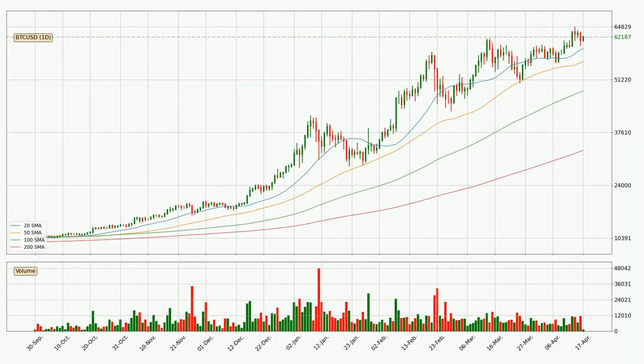Looking at the daily simple moving averages, the current price is above all simple moving averages for this time interval, which looks bullish, and it is to watch if the closest SMA, the 20 SMA, could hold support or the price will break it to the downside below the current price of around